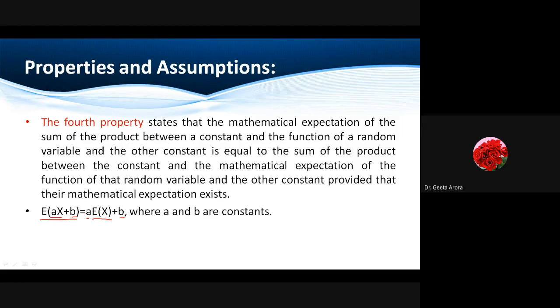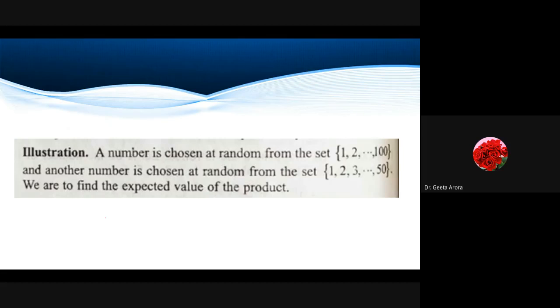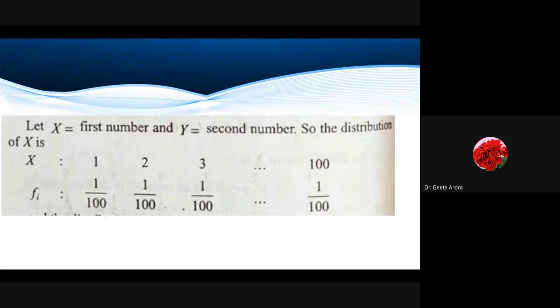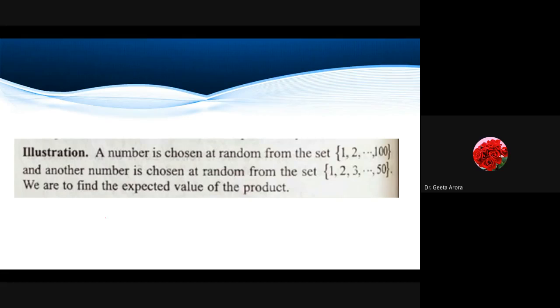Why have I elaborated all these? Because when we work on the numericals, you have to remember all these properties. So these are the properties and assumptions for the expected value. Let me show you what is pending. I think we can cover it, otherwise I will again have to go through this. Let's do it fast. If you have any doubts, let me know. Otherwise, we are going to start with the last example and then we will finish.